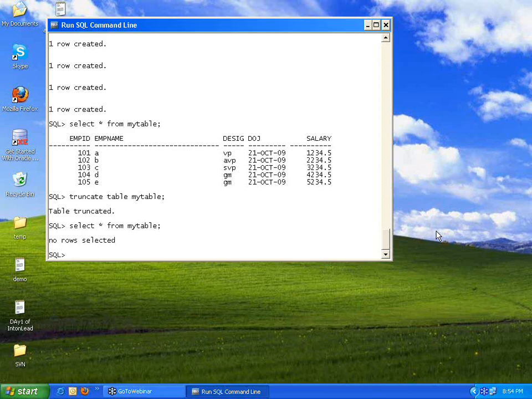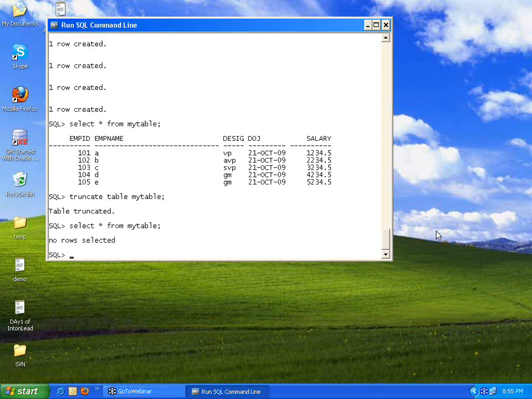Delete, if you want to give a condition, you can always use delete with where. Select, insert, update, delete. These 4 are data manipulation language. They provide all access to the data. Is delete clear to you all? Can you please raise the hand? Okay, great.